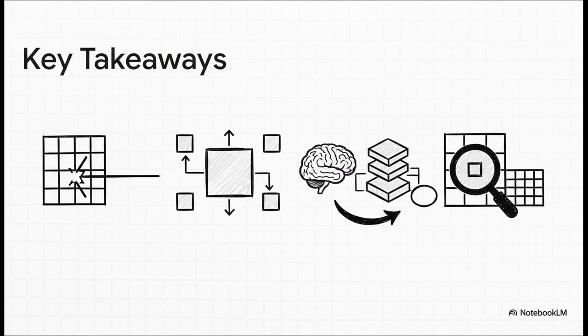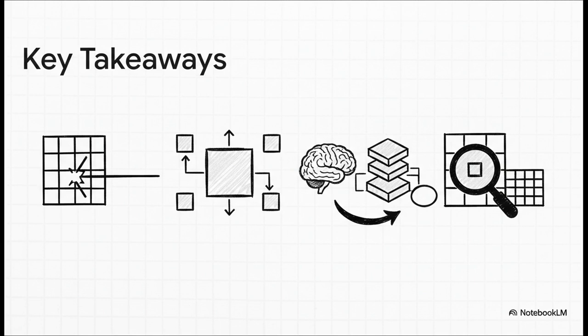So let's do a quick recap of the big ideas here. Number 1, standard neural networks fail at images because they flatten them and destroy all the important spatial info. 2, we can make our models way more powerful using data augmentation. 3, the whole idea for CNNs is inspired by the amazing, layered way our own brains process vision. And finally, 4, the heart of it all is that convolutional layer, using those little kernels to scan an image